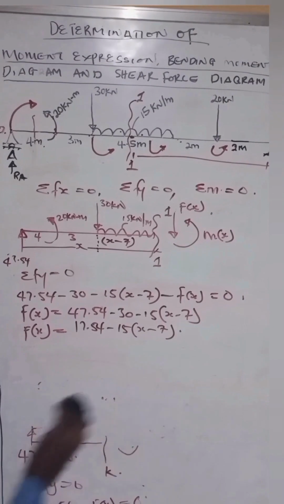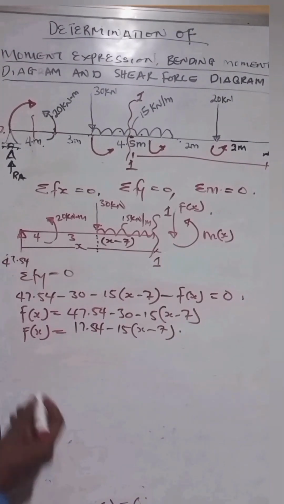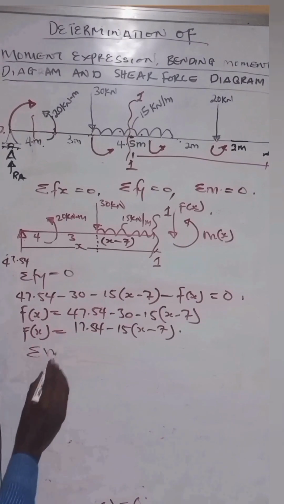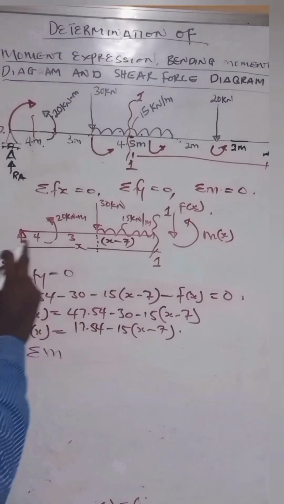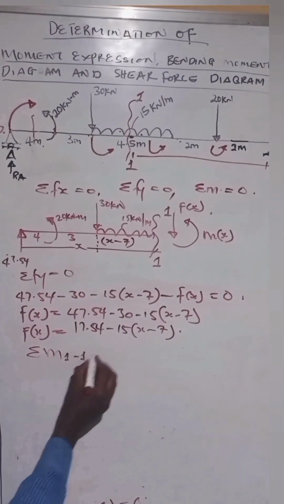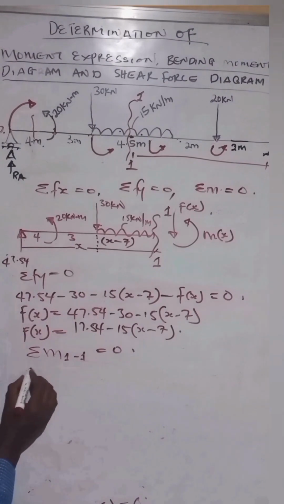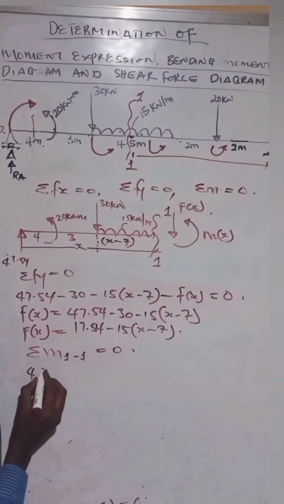All right. So quickly obtain the moment expression for this point. Now, the moment expression is also as simple as we've done before. We can say summation of moment about section 1-1 is 0. So we can now say that 47.5, sorry,